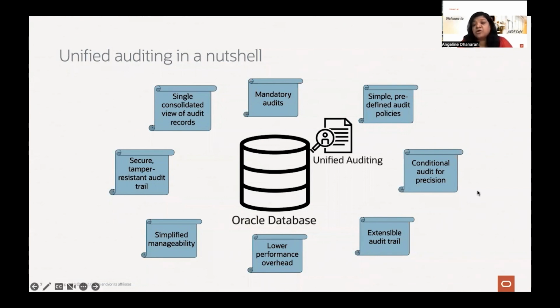And then you can configure a lot of conditions to get precision. You don't want to be auditing everything that happens in your database. You would want to be selective and focused enough to audit just what you need and what your compliance needs are. So Unified Audit gives you a way to configure it selectively. And then the entire audit trail is extensible.